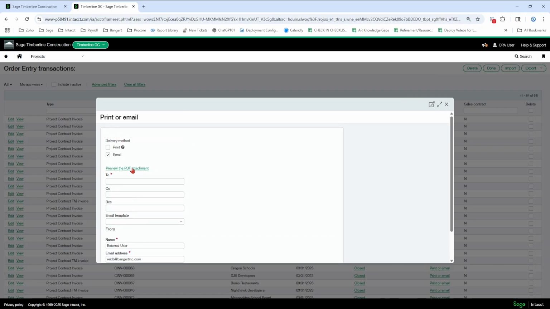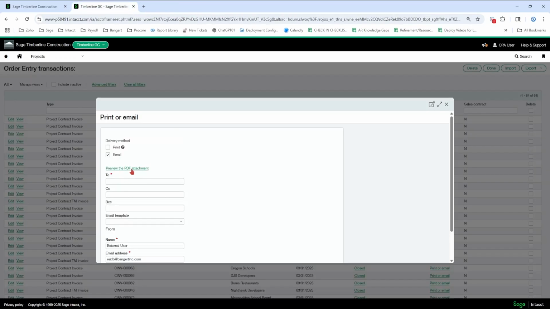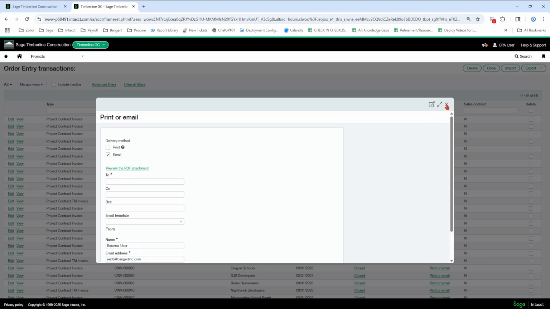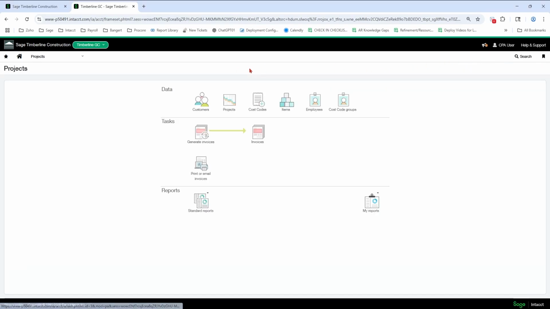So you have a preview you can do as well to see how the PDF attachment of the bill is going to look when it goes out on the email. There's that preview option there. Okay, but this will all be filled in if you set up the email templates and attach that email address to the customer record. So now let's look at a time and material setup for billing.